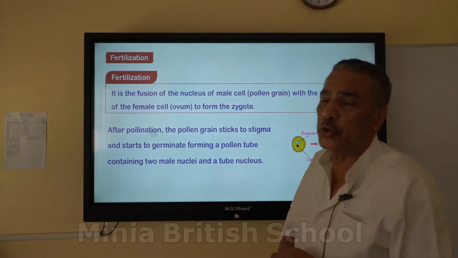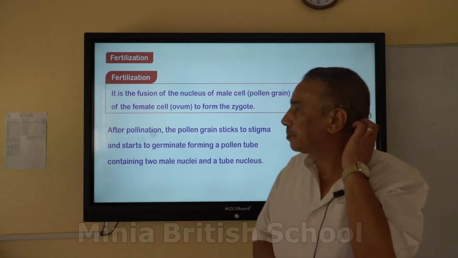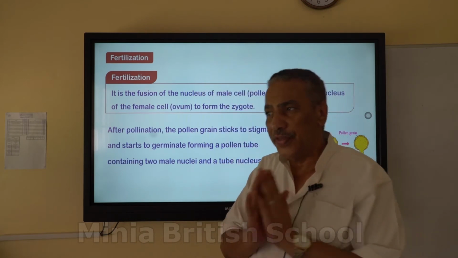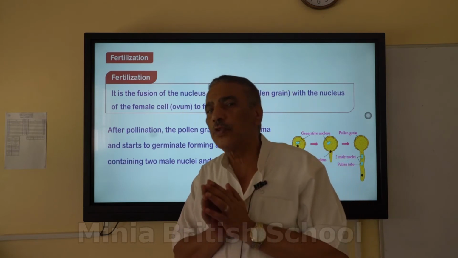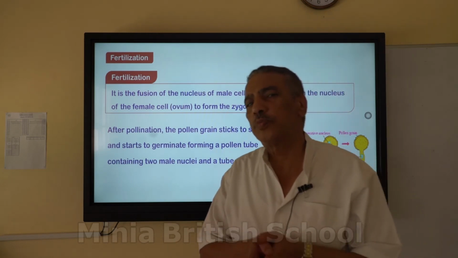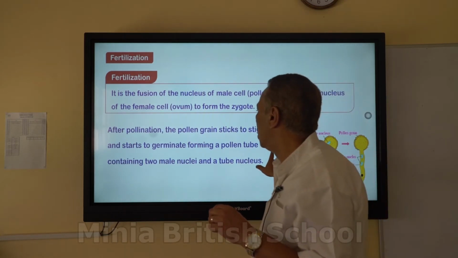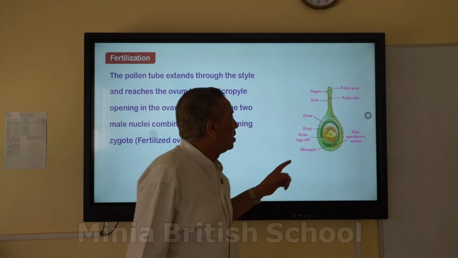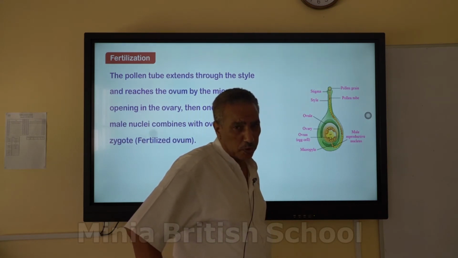The second step is fertilization. Fertilization is the fusion of the male gamete and the female gamete to form a zygote. In this case, the fusion or combination of the nucleus of the pollen grain with the nucleus of the egg cell forms the zygote, the first cell produced after pollination and fertilization. The pollen grain comes over the surface of the stigma, the first part of the carpel,